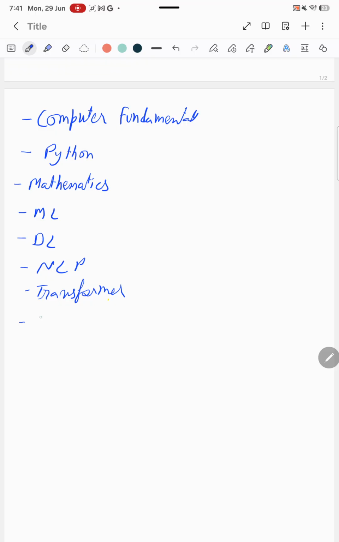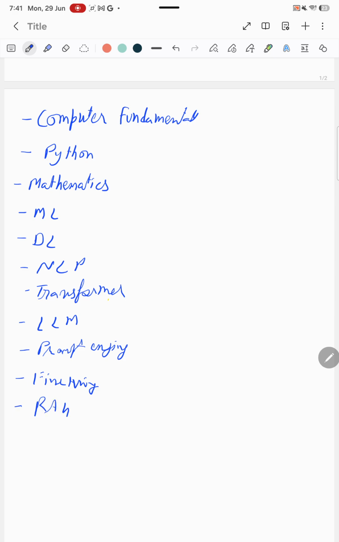Then we will go to large language models, LLMs. Then we will learn what prompt engineering is, and we will also understand the types of prompt engineering. Then we will understand fine tuning, then RAG.